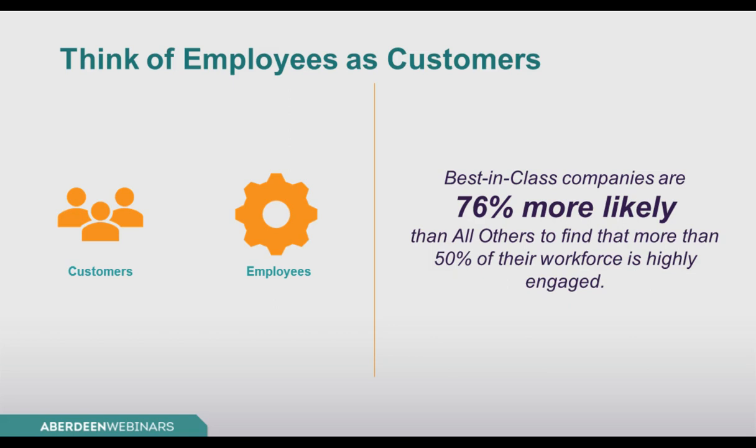Best-in-class companies are also 76% more likely than all others to find that more than 50% of their workforce is highly engaged, comparing that to the 50% or below metric that we saw before for all others. Considering the previous metric, this should not come as a surprise. What is maybe striking, though, is that the best-in-class are quantifying engagement through participation metrics in their employee performance management